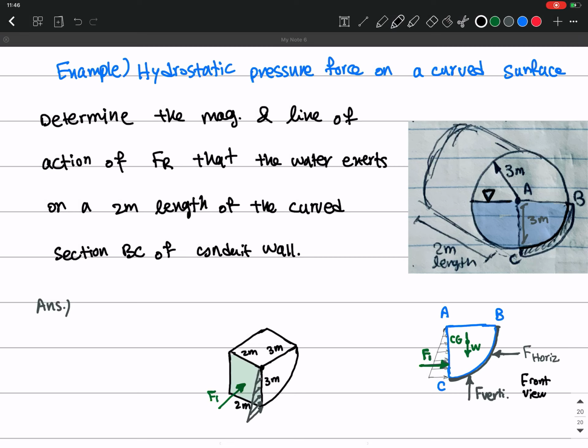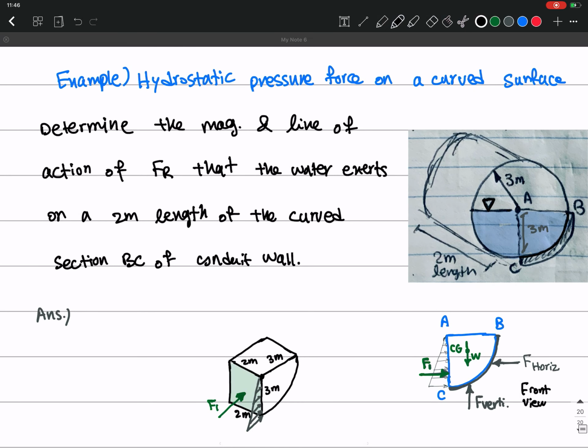Okay, so now let's solve this example for calculating the hydrostatic pressure force on the curved surface. So again, I just want to remind you what we were trying to do. So we have a channel,